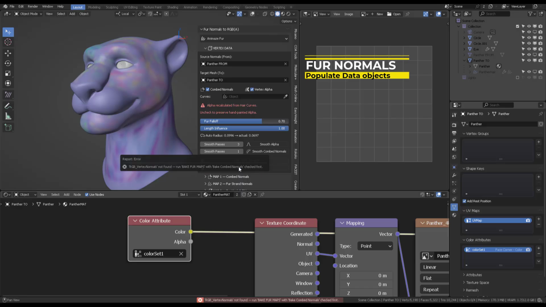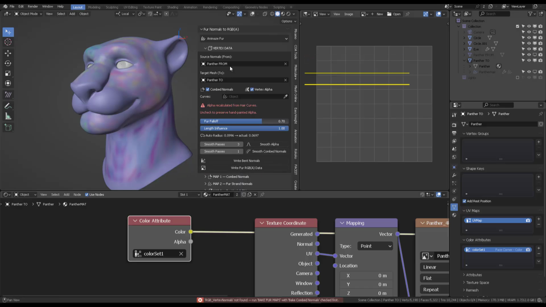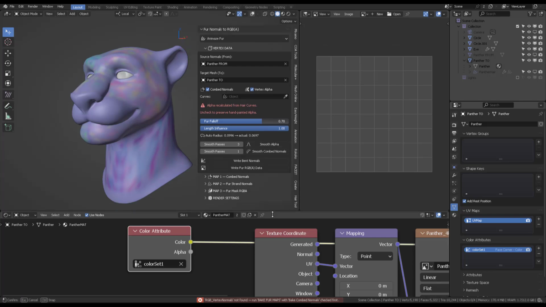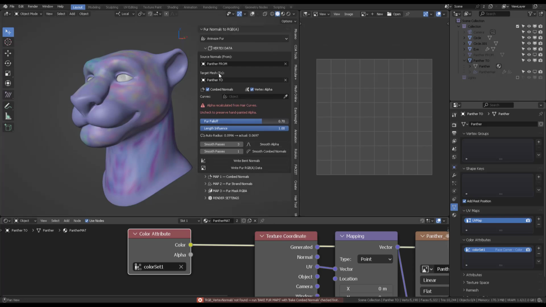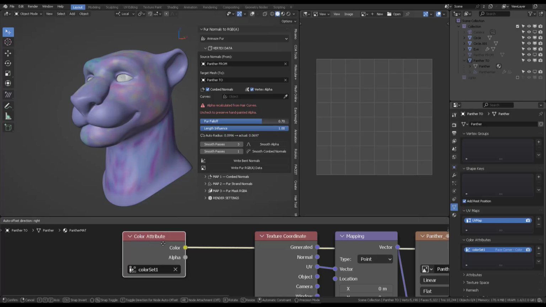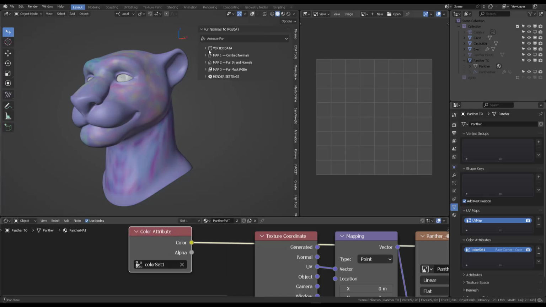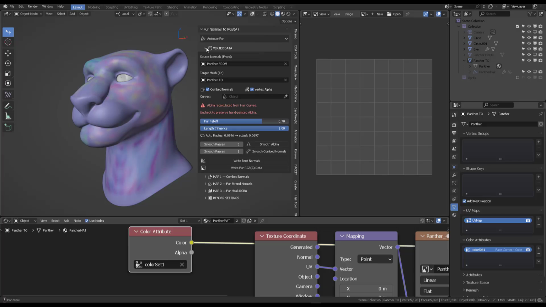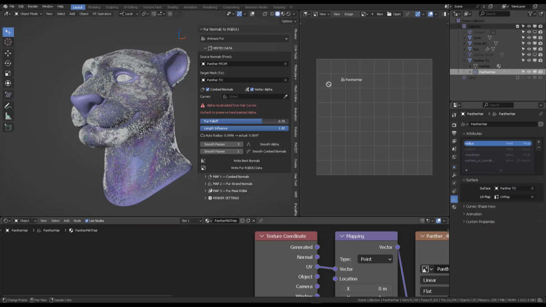And then you can edit the normals. And then you're going to click on this button, but it's going to tell you, hey, I'm still missing some of the object's data, please populate it. And we're going to do that right now. The very first thing that we notice is that this vertex data requires other things. So let's activate write normals, and in vertex data we need to activate the fur